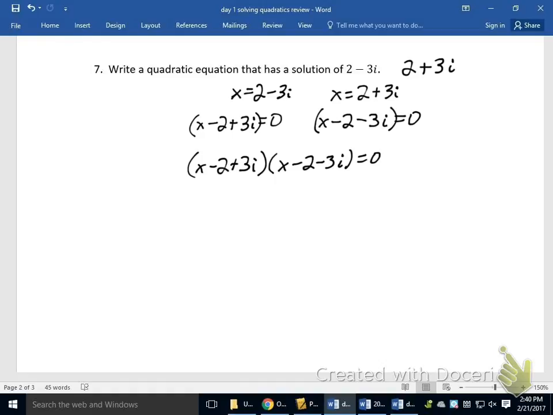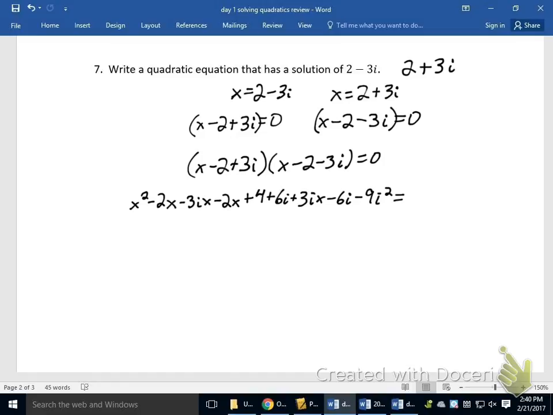Now to do that, I'll distribute the x to all three things. That would give me x squared minus 2x minus 3ix. Now I'm going to go back and distribute the negative 2 to all three terms. So I'm going to get minus 2x plus 4 plus 6i. Now I'm going to go back and distribute the 3i to all three terms. So plus 3ix minus 6i minus 9i